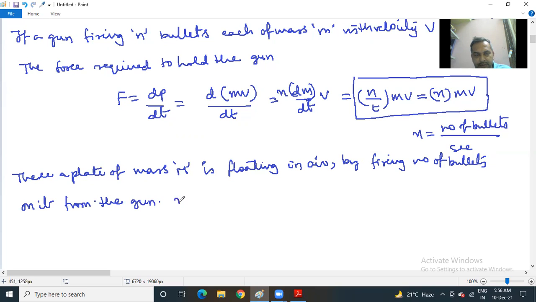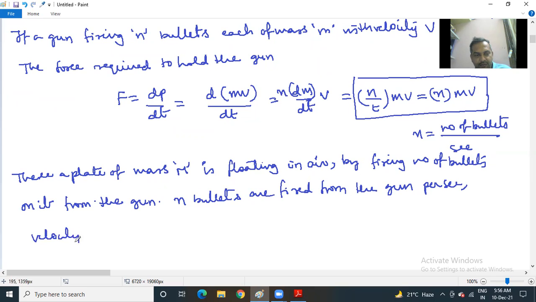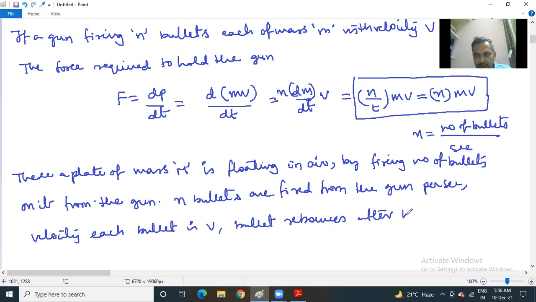So n bullets are fired from the gun per second. Velocity of each bullet is v. If the bullet rebounds after hitting the plate,